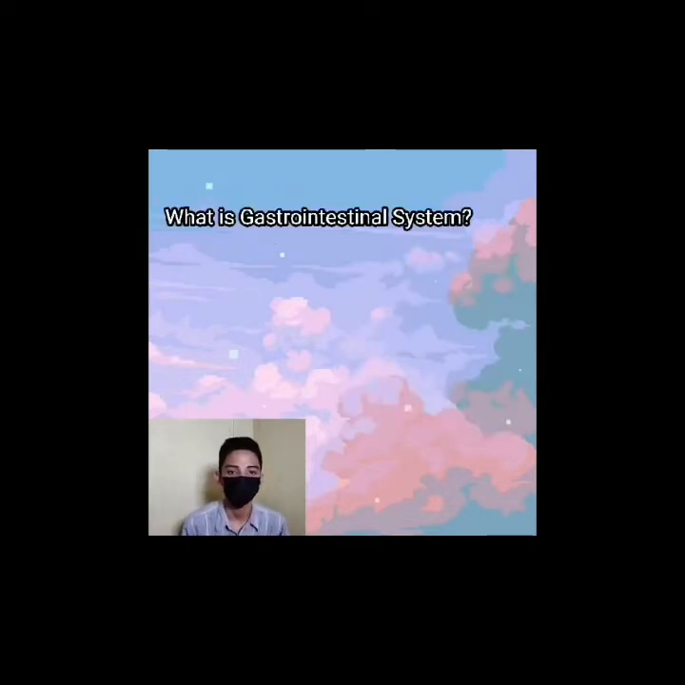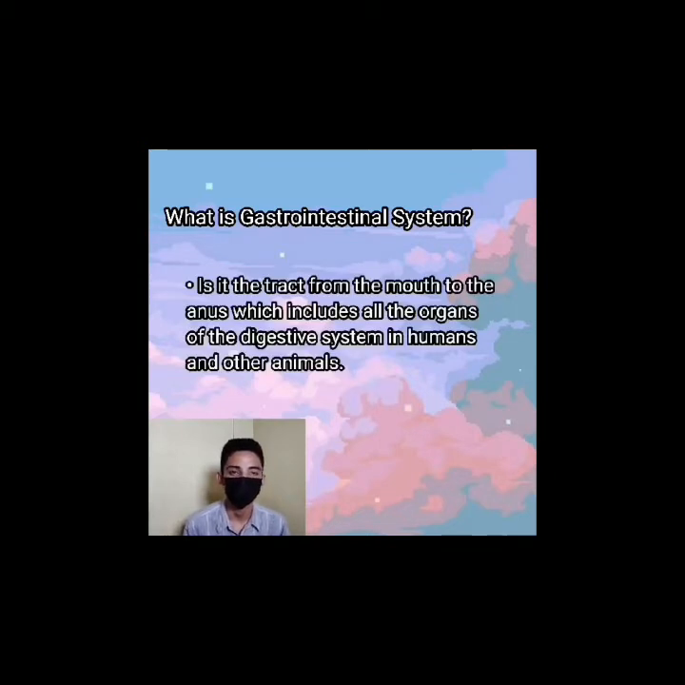For today we are going to tackle the gastrointestinal system. Only a brief discussion. So what is the gastrointestinal system? It is a tract from mouth to anus, which includes all organs of the digestive system in humans and other animals. So food taken in through the mouth is digested to extract nutrients and absorb energy, and waste is expelled